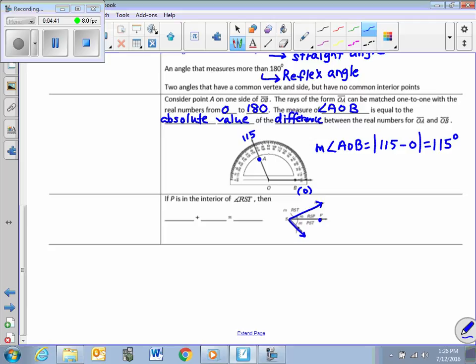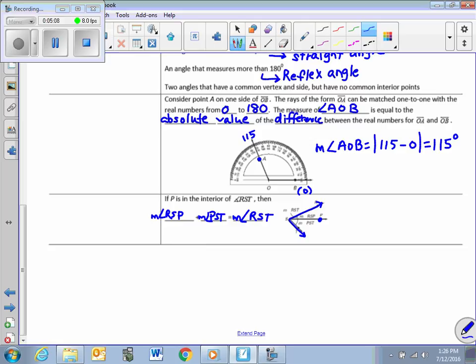Okay, P is on the interior. We can see clearly that it is. Then what do we know? Well, we know that the measure of angle RSP plus the measure of angle PST has to equal the measure of the whole thing, which is angle